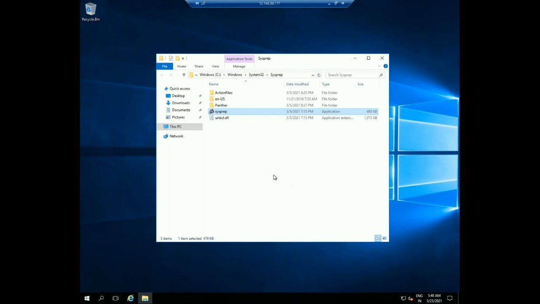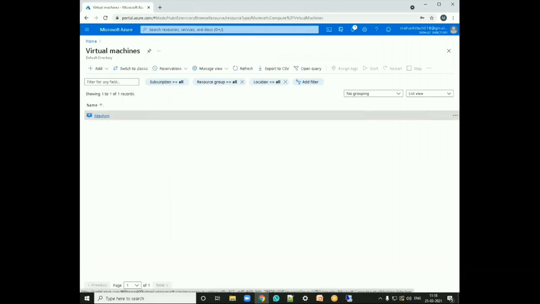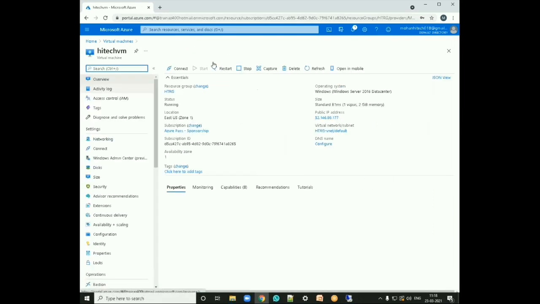This is a system preparation activity, and it makes the machine a generalized machine. Once it's done, we are ready to take the backup capture. Let me come back to the high-tech VMs and go to the high-tech VM. Now we can do this activity.